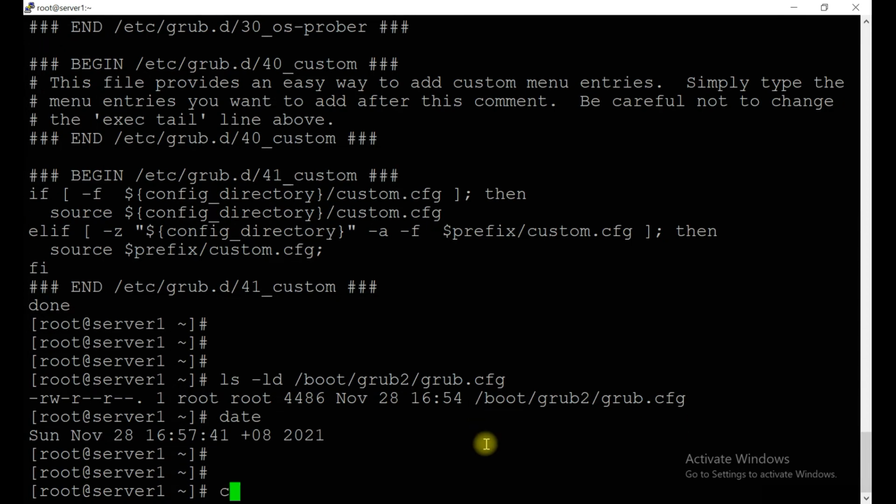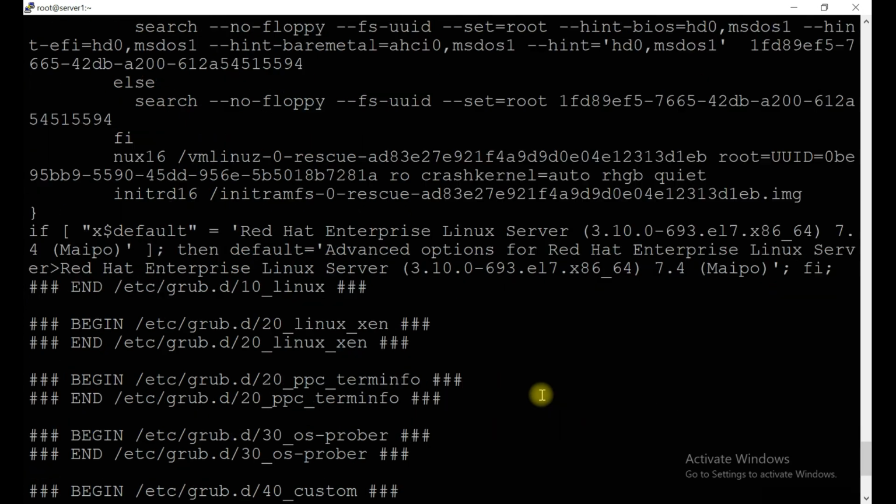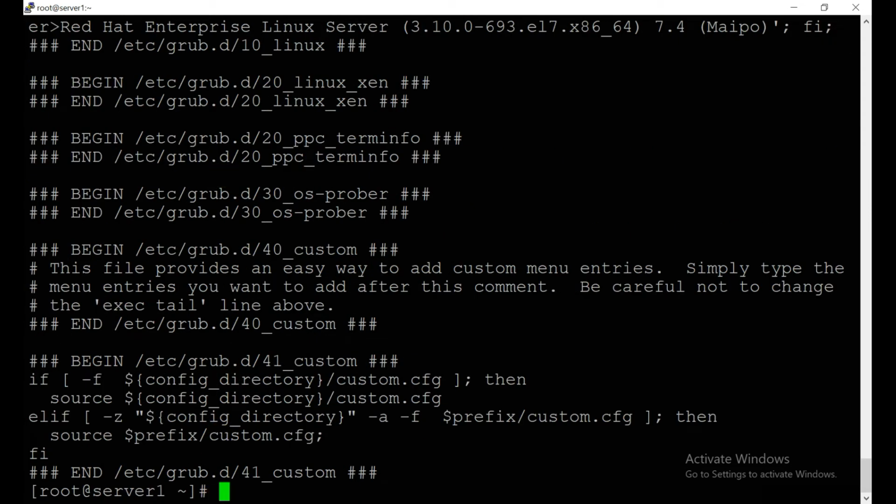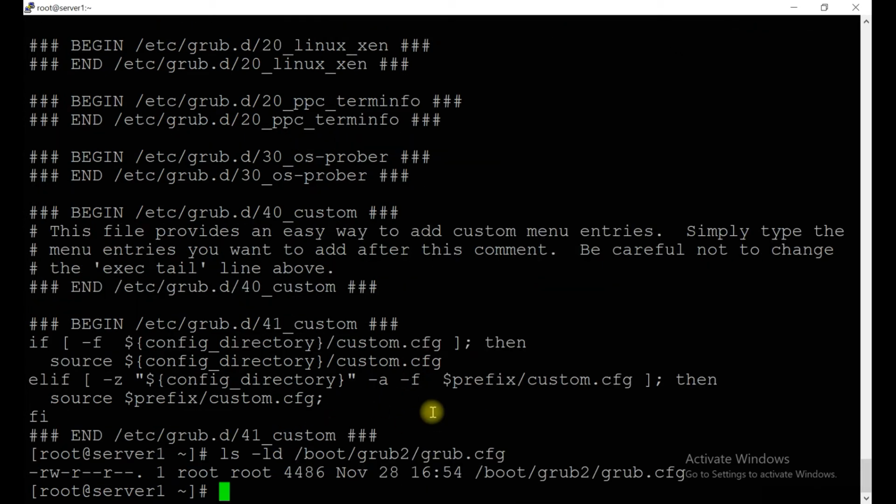Let's verify whether it's done or not. Linux, still it's the same. Seems like there is some error because the file content doesn't change.